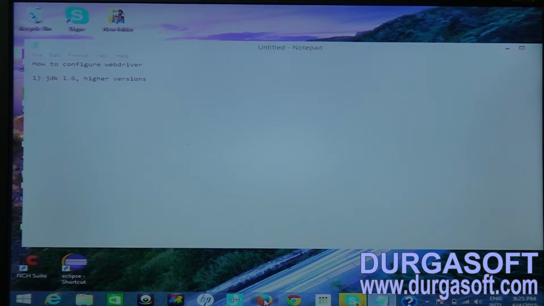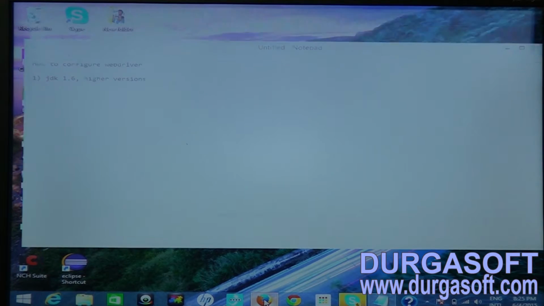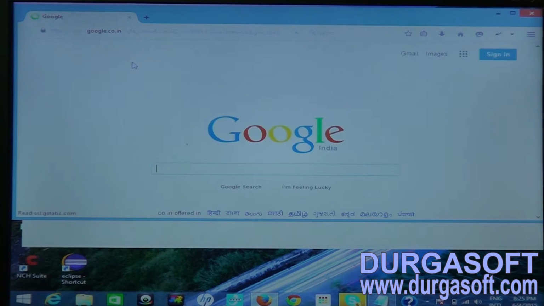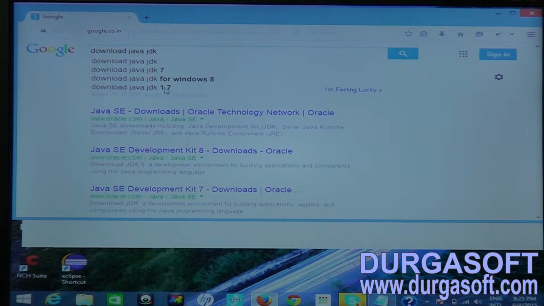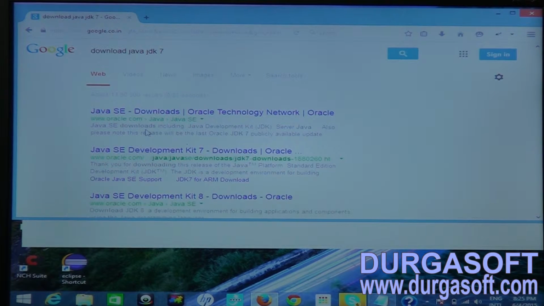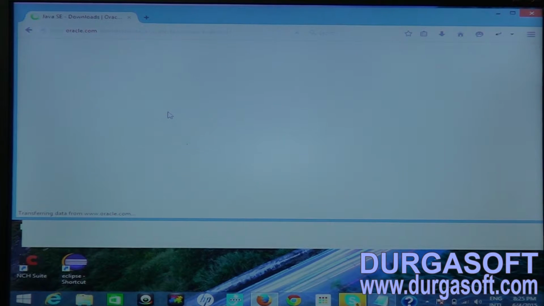I'm opening the browser, and just download Java JDK 7 or 6 or like this. Okay, you click 7, it shows you the first link, oracle.com Java SE. Okay, so downloads,